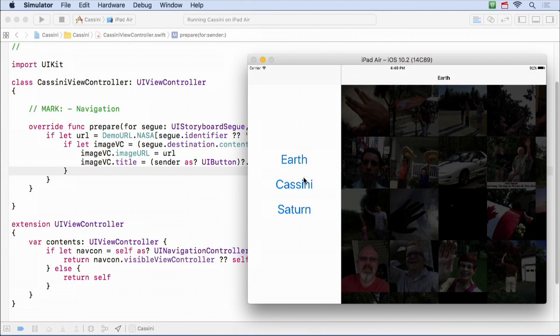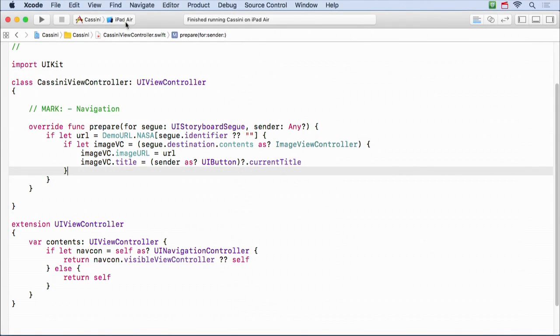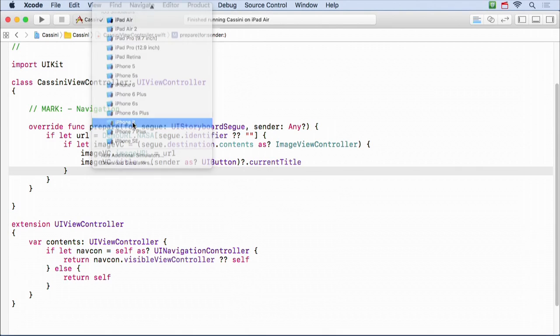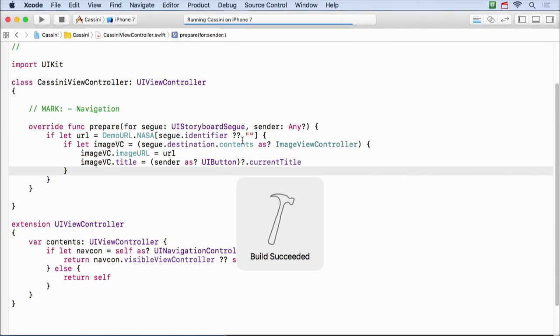Imagine I was on cellular. That image might take a minute to download. And meanwhile, my app is completely stuck. I can't click on any other button. If I'm on iPhone, let's see what it looks like on iPhone. It's even worse. If I'm on iPhone, I'm going to click that and I'm going to think, oh, my app is broken. So I'm in your navigation controller, no problem. I'll just hit back. But even the back button's not going to work, as you'll see.